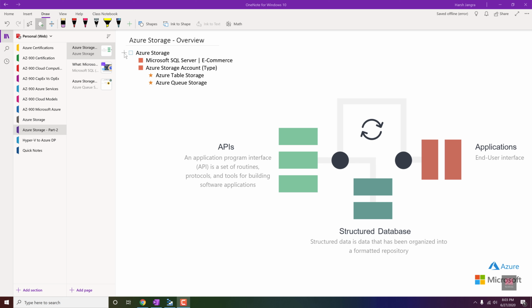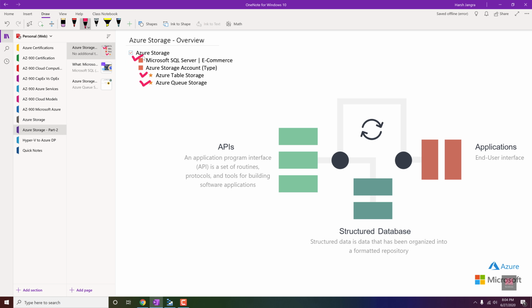So guys, my name is Harshanga, and in this video, we will talk about Azure Storage, which covers two different kinds of storage. One is Azure Table Storage, and second is Azure Queue Storage. But just to give you much more details about these two kinds of storage, and how we can use Azure Cloud Storage for that, we need to also understand what exactly the meaning of SQL Server and